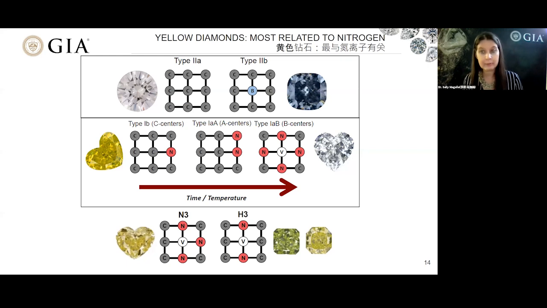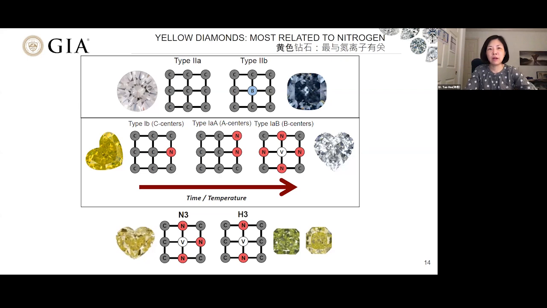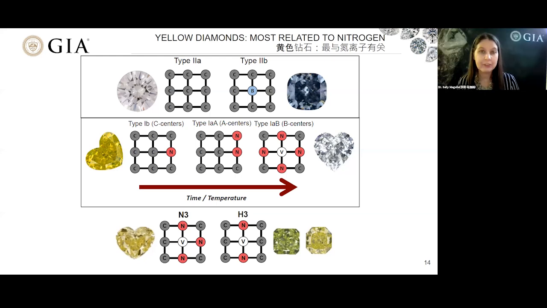If it has boron, then it is type 2B. 提到这个，就必须先复习一下钻石的类型。钻石类型和氮有非常大的关系。如果在红外光谱里看不出有氮存在，一点氮都没有，这个就是2A型的钻石。如果没有氮，但是有硼元素，就是2B型的钻石。